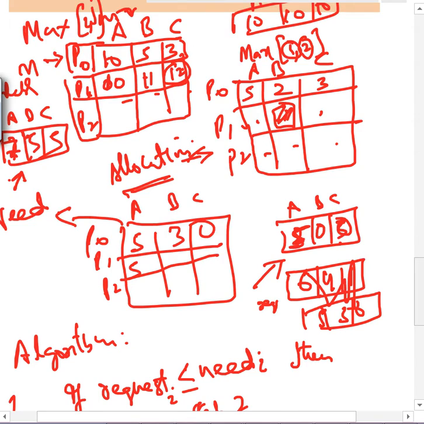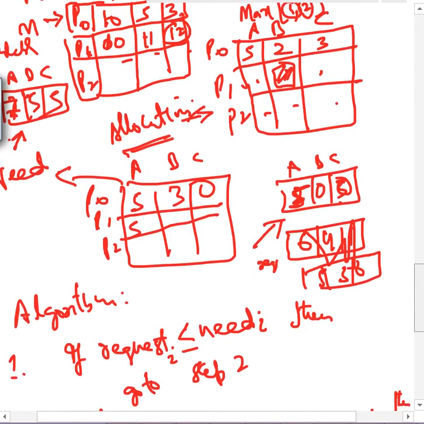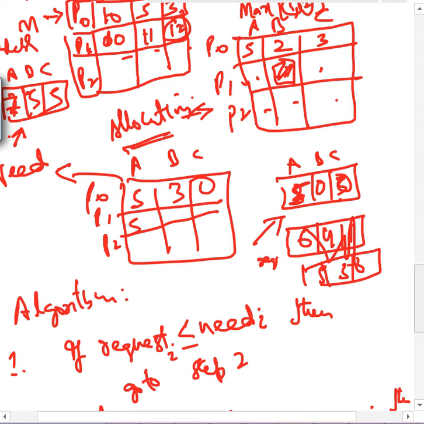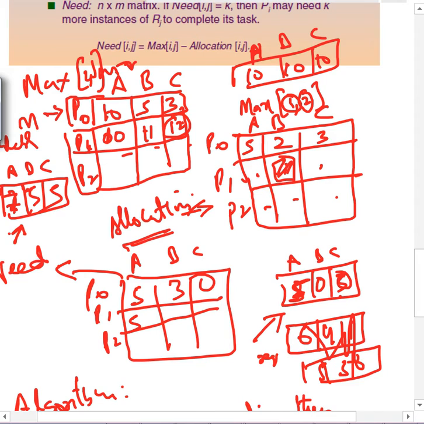In our scenario, my allocation was 5 for this resource. Say for example I was asking for